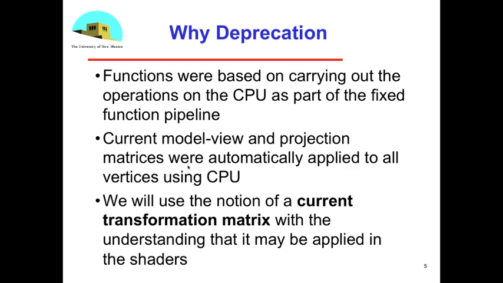Now, what we've done with the MV.js package we've given you is to give you functions that look like they're doing that, but you can now use them to form the matrices and then send those matrices over to the GPU, as we'll see in the next few lectures. So I want to retain the idea of a current transformation matrix because that's a powerful concept. It'll be the current matrix we're using either in the GPU or today in the CPU, which we will automatically apply to the geometric entities that we